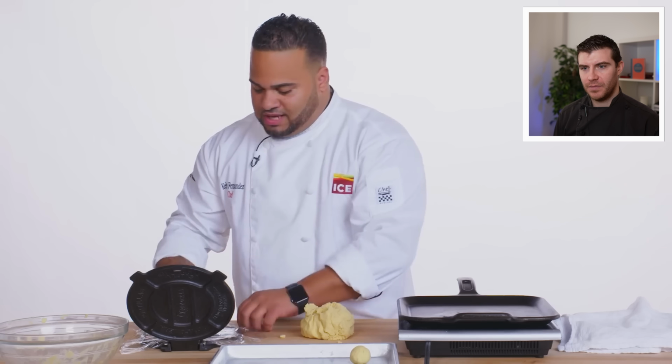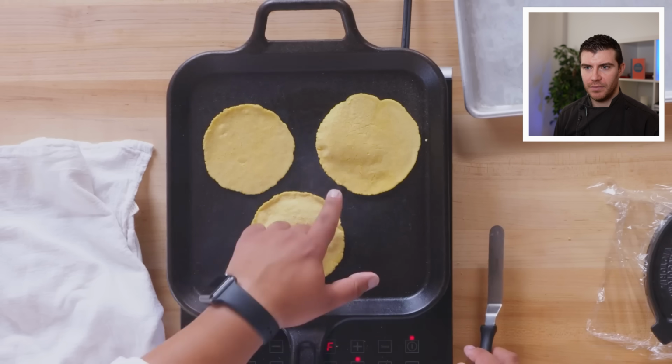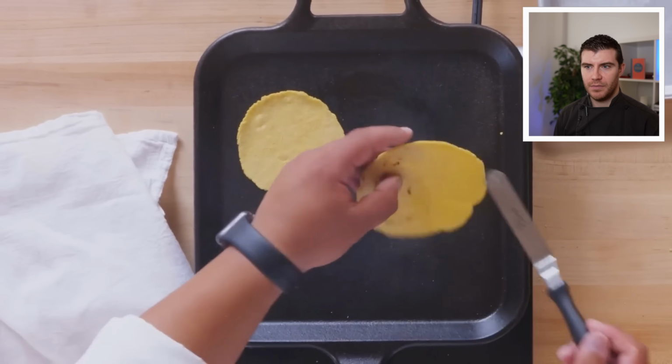Here we have a tortilla press. So we're gonna set this ball right in the middle. We're not gonna put too much pressure. We're just gonna let the tortilla press do its job. You're literally only gonna cook it for about 40 seconds on each side. We're gonna hide it right underneath. So the cloth is being used as a warmer right now. So while we stack up all the tortillas on top of it, it's gonna completely finish cooking the tortilla from